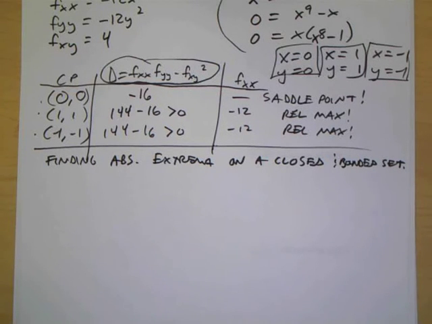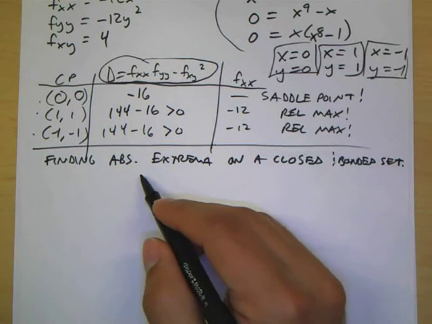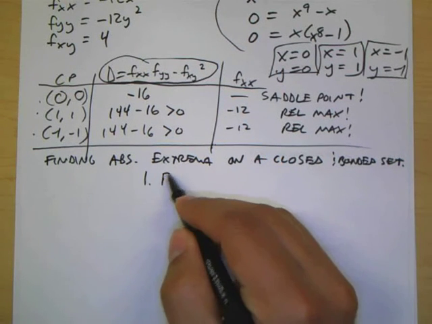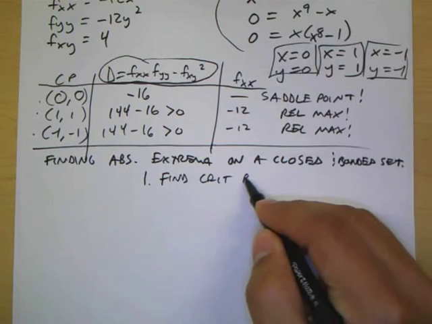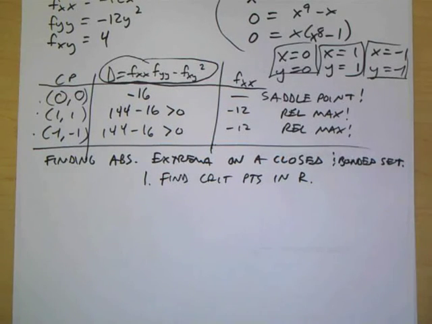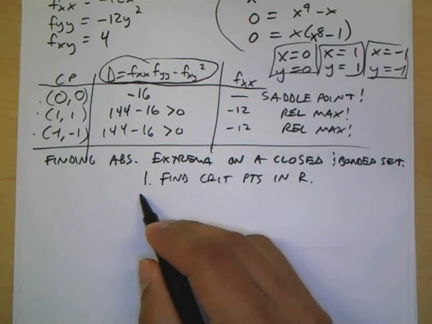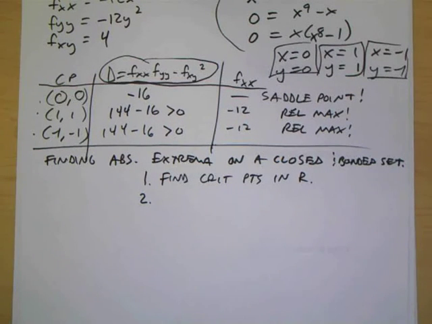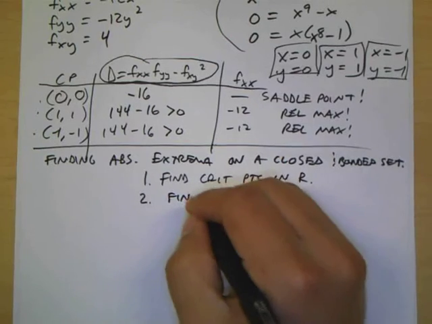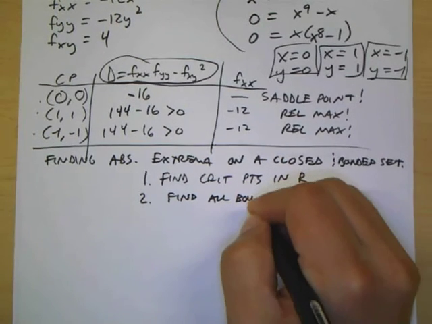Now, the basic procedure is going to be pretty similar to what we did. One, find critical points in the region R. The only difference, and I think you guys can guess what's going to come next: when you had a closed set in Calc 1, an interval, instead of the entire function, what did you also look at? Endpoints. Well, we don't have endpoints per se. We're going to have a boundary line or a boundary curve. Does that make sense? So we're going to find all boundary points